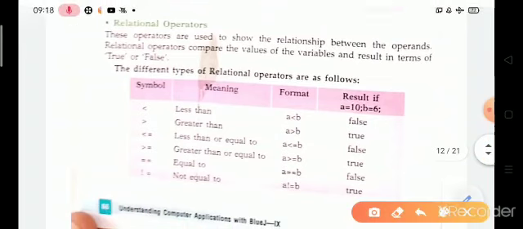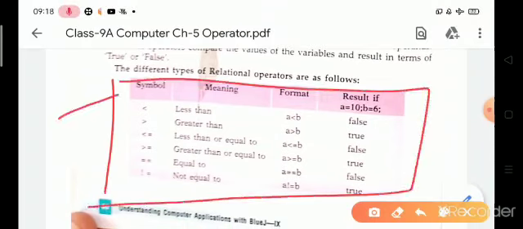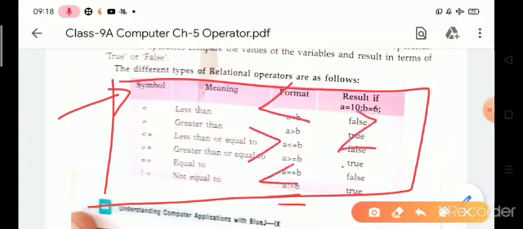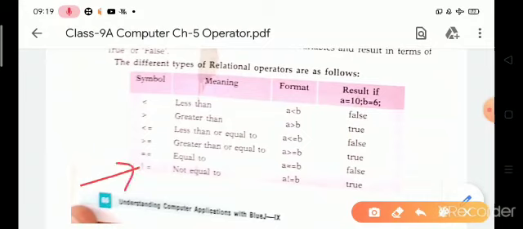Okay, look at this chart. In this chart, these symbols are known as relational operators. First one is less than, greater than, less than or equal to, greater than or equal to, equal to, and not equal to. So these are the symbols of a relational operator.